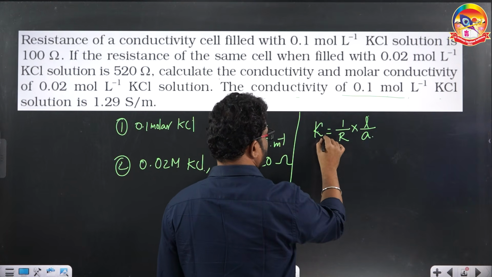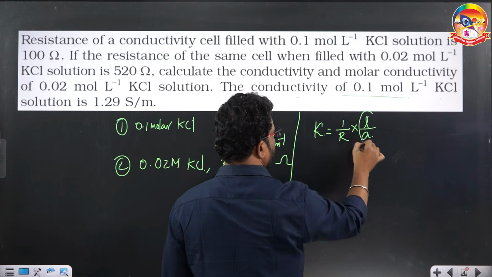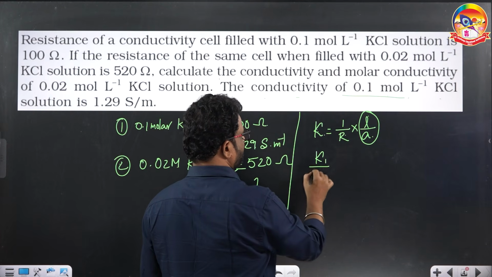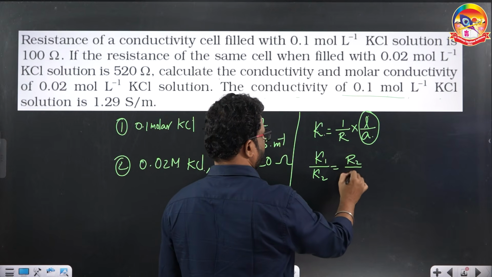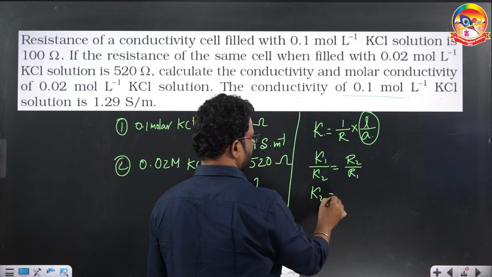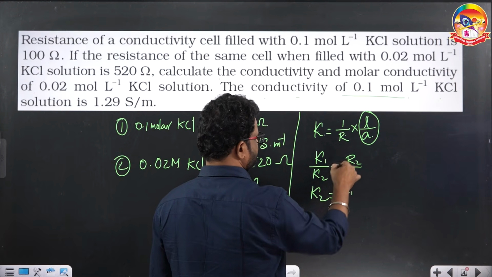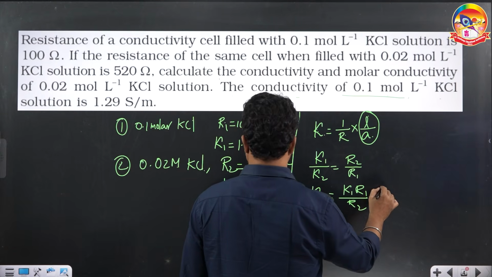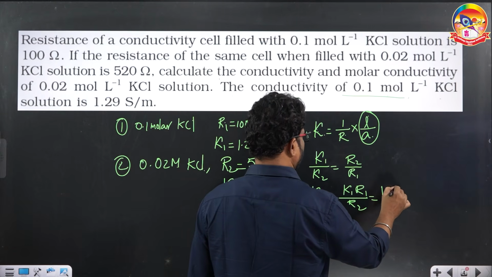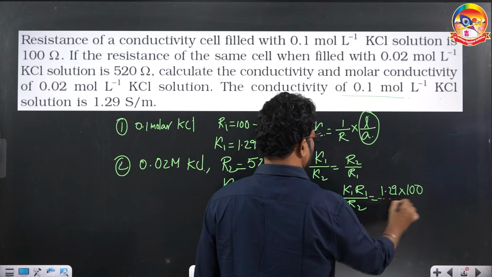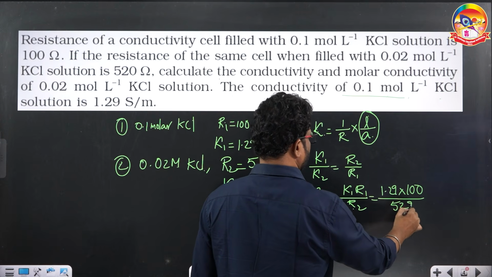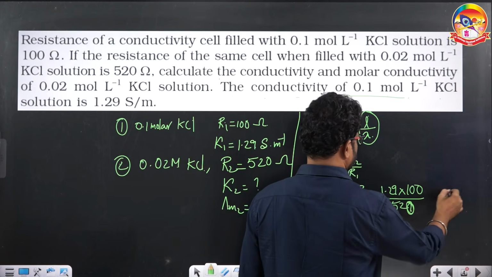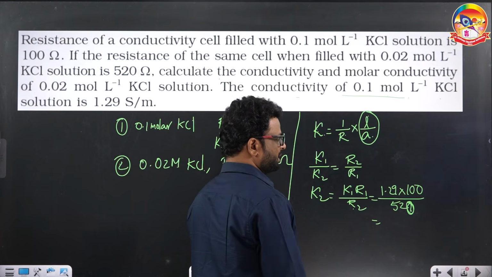But when you take it for two solutions in the same conductivity cell, L by A is constant, so K is inversely proportional to R. So you can take K1 by K2 is equal to R2 by R1. That means K2 is equal to K1 R1 by R2, which is K1 is 1.29 into its resistance 100 by resistance of second solution 520 directly. So this will be in Siemens meter inverse only, and it is 129 by 520, which is